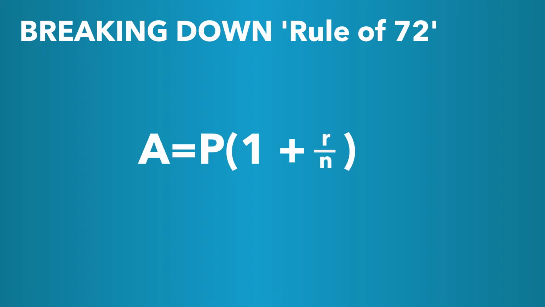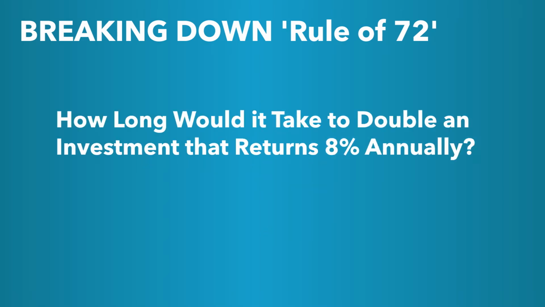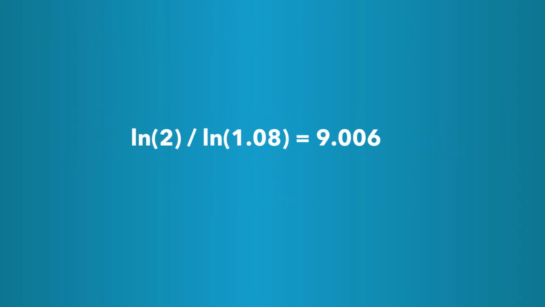The Rule of 72 is a useful shortcut because the equations related to compound interest are too complicated for most people to do without a calculator. To find out exactly how long it would take to double an investment that returns 8% annually, instead of using the Rule of 72, one would have to use this equation. Most people cannot do logarithmic functions in their heads, but they can do 72 divided by 8 and get almost